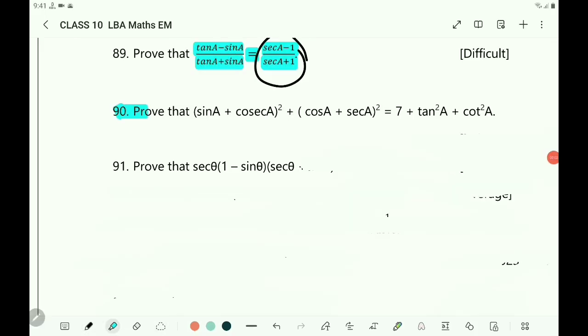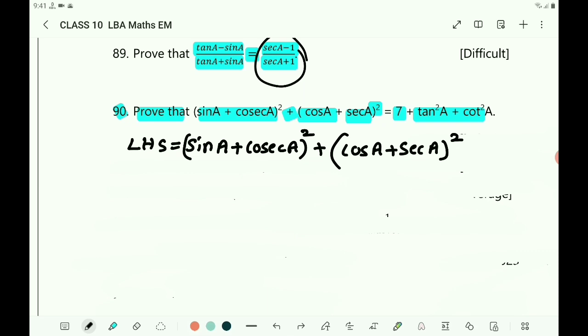Question number 90. Prove that sin A plus cosec A whole square plus cos A plus secant A whole square equals 7 plus tan square A plus cot square A. Then you write the LHS. What is that LHS? LHS is sin A plus cosec A whole square plus cos A plus secant A whole square equals